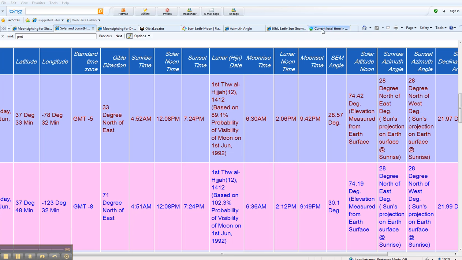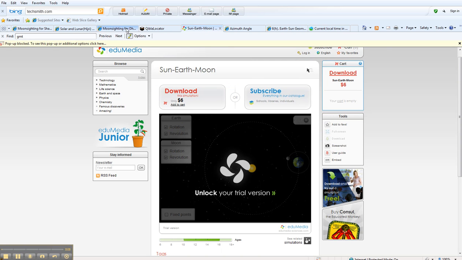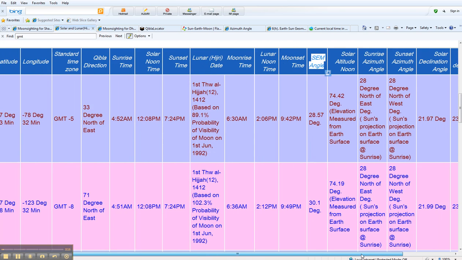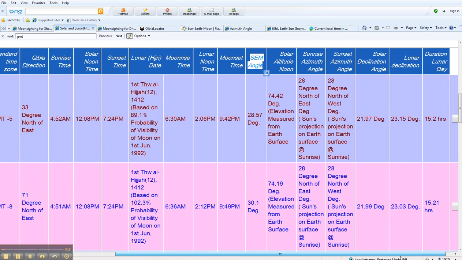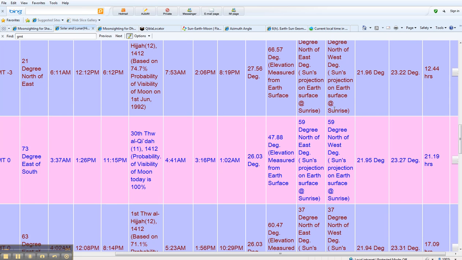So just now we discussed this thing, SEM angle. So I'm now going to tell you something about how the SEM angle plays a role in my application. As I discussed, again to repeat, 16.2 degrees at the moonset means in my application that it is 50% probable, and I'm considering 50% probability as the criteria to define the next day as the first of the next month. However, this criteria doesn't mean that it's going to be visible